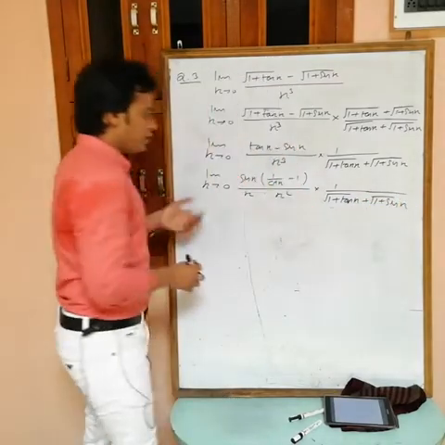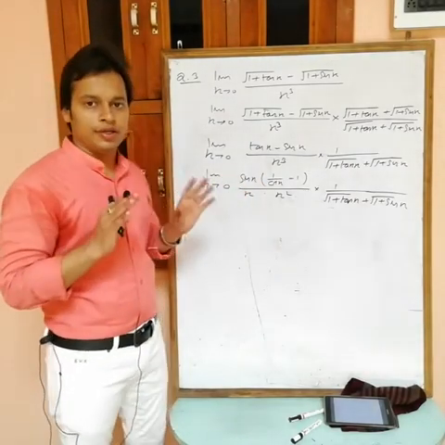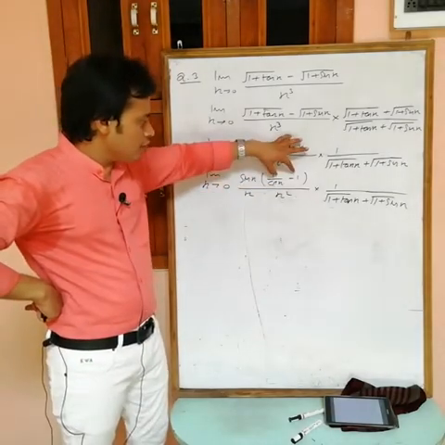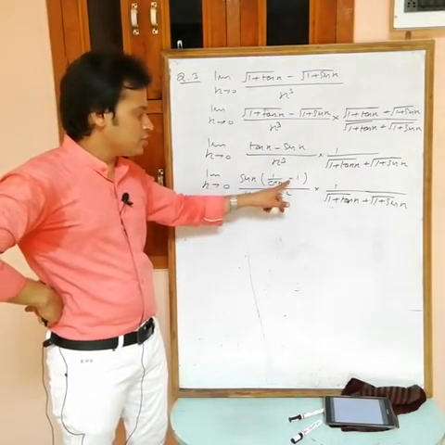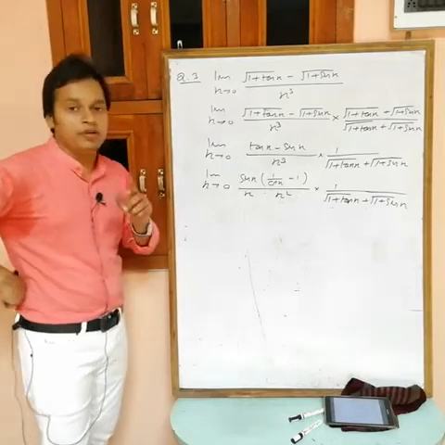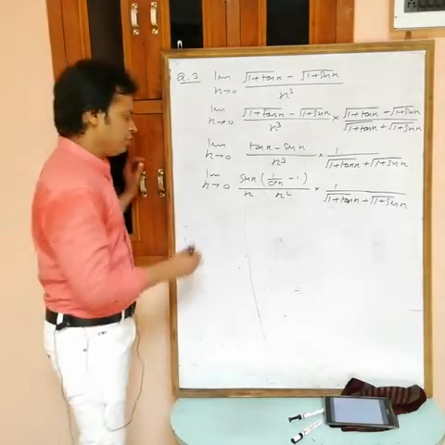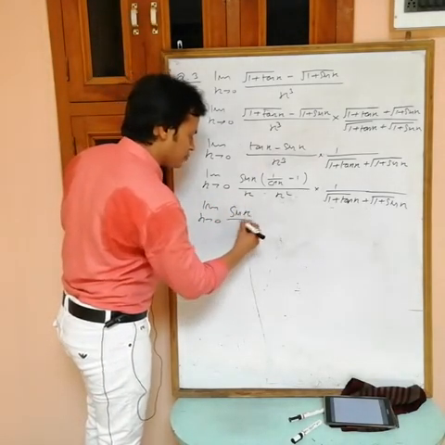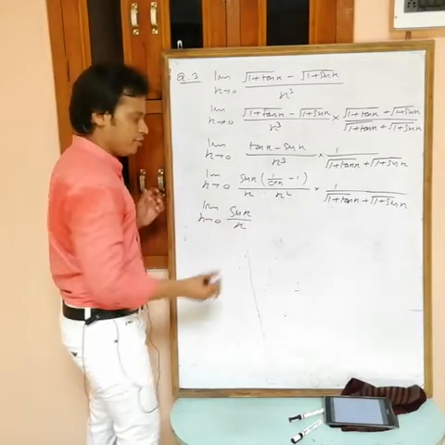Now we don't have any problem with respect to this one. Sin x by x is a standard form. Okay, but again if you put x equals to 0, this is 0, this is 1, cos 0 is equal to 1, 1 minus 1 is 0, again 0 by 0 form. Okay, so again we have to simplify this. We have a standard limit now: 1 minus cos x by x square. Okay, then no problem. Now see, limit x tending to 0, sin x by x. I am writing this one separately because we have a standard limit for this one.